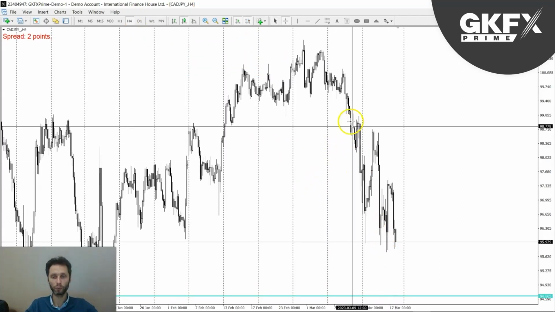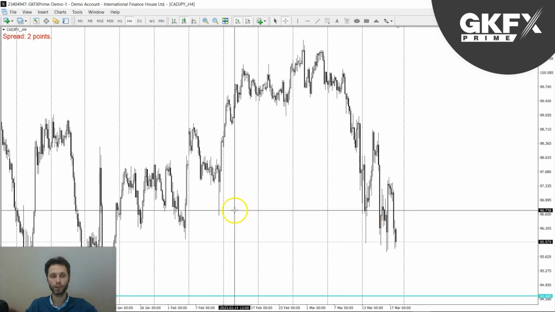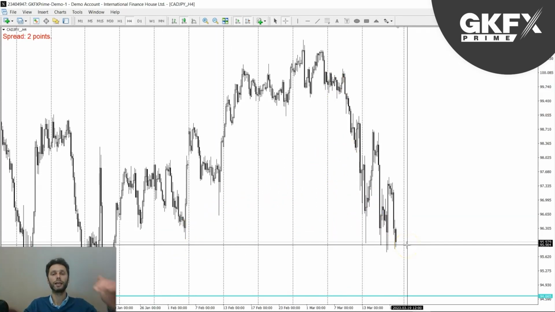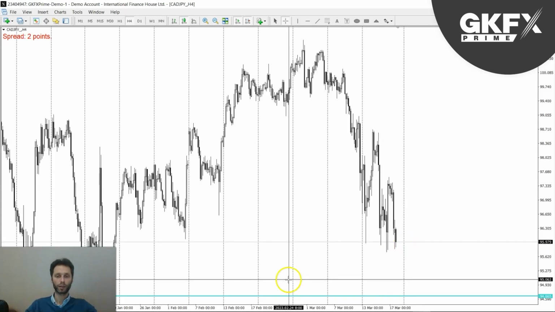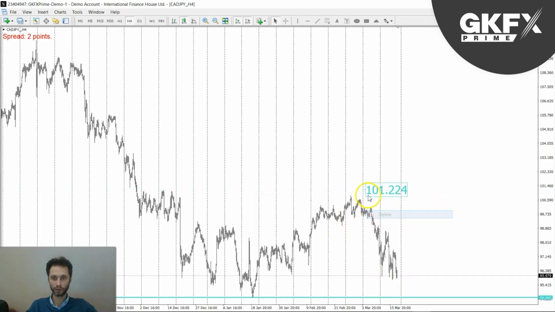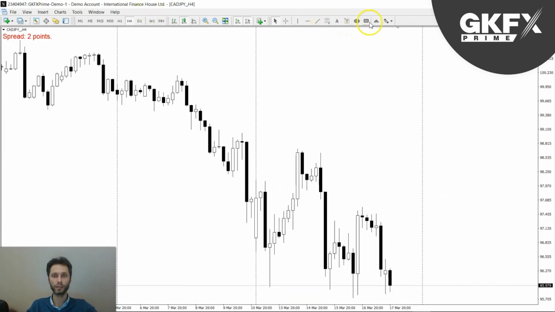So now that we've made a significant push lower, broken the structures here to the left, we can see that we are indeed in a very much a sell scenario in CAD yen. So here's that low as the next place I'm going to be aiming for, from here to where it is, approximately 130 pips. So these ideas are no longer valid, and what I'm looking for is the next place to